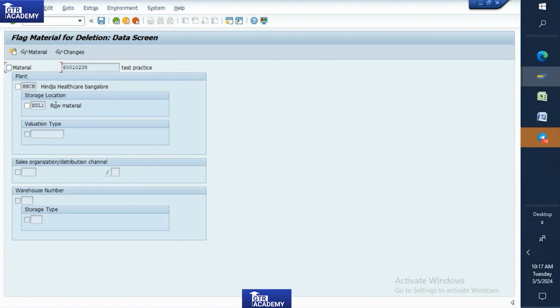Material, plant, and storage location. If you don't want to procure that particular material at the material level, you have to tick this one. Or else, if you don't need to procure that particular material under only this plant, whenever you are going to procure the material under this plant,